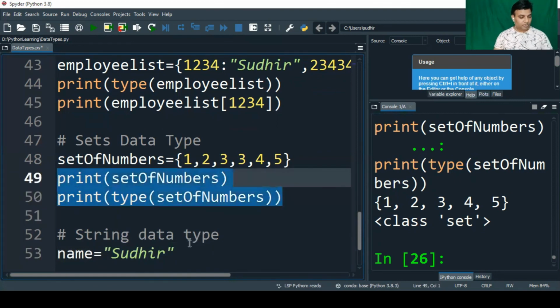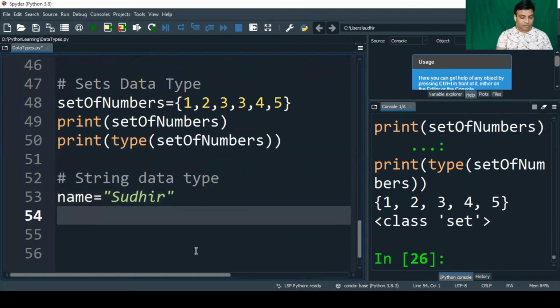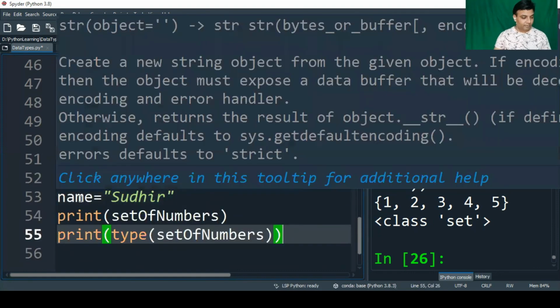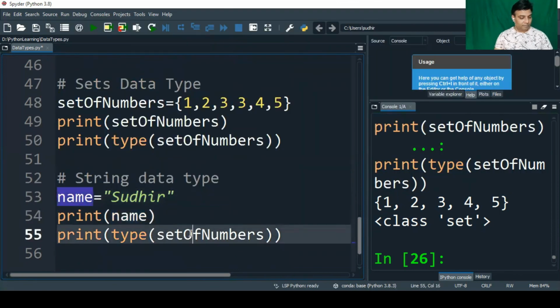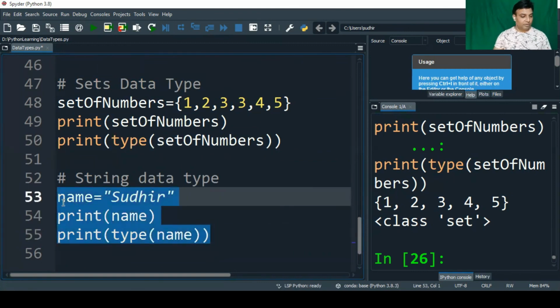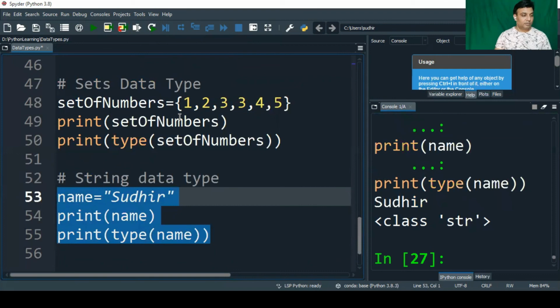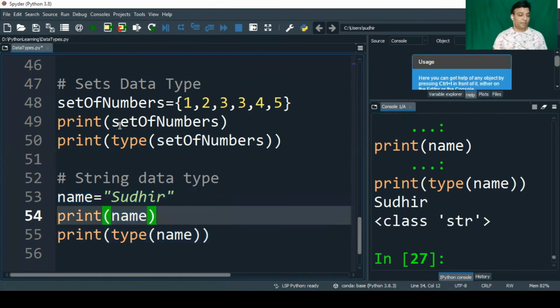I'm just going to print these two statements over here. Just say name, set numbers, right? So let's check the output. Right? Data type is string and name is Sudhir. It's very straightforward. Whenever you want to store some information like a description or some product features, then you can use this data type string. It's very straightforward, right, guys?